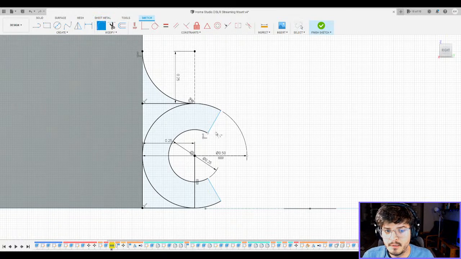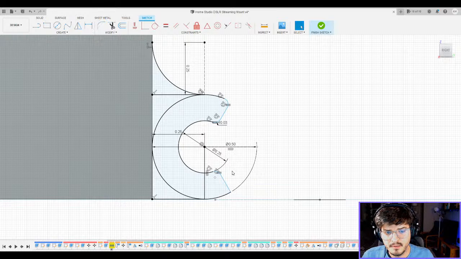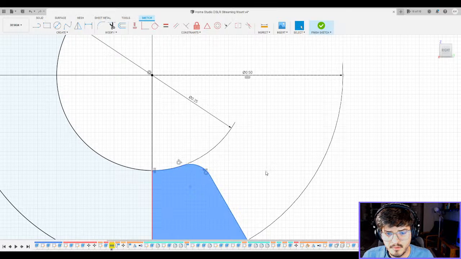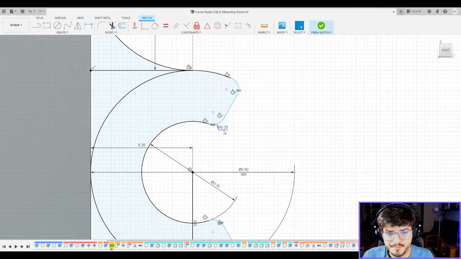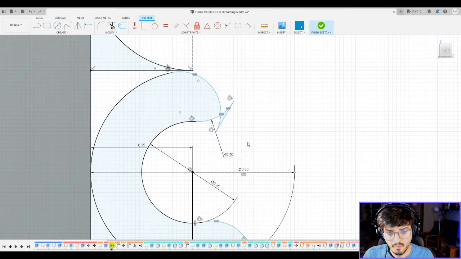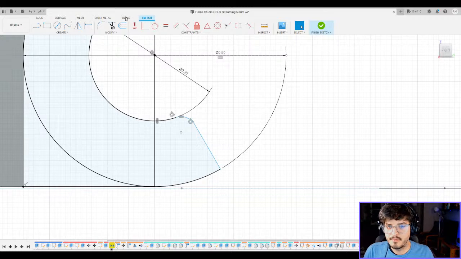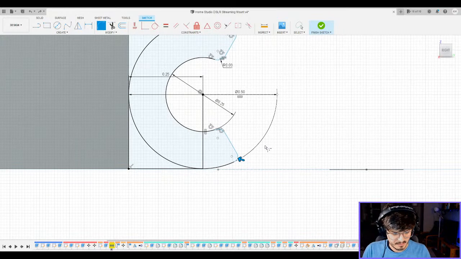Okay, and I'm gonna fillet those corners right there. Fillet that corner, that corner. Oh, nope, that didn't like it. Okay, that's fine. I'm gonna just do that. That's okay. All right, and this in there, and that's another